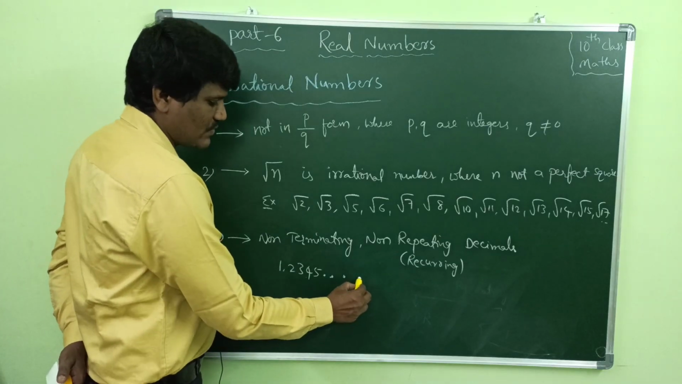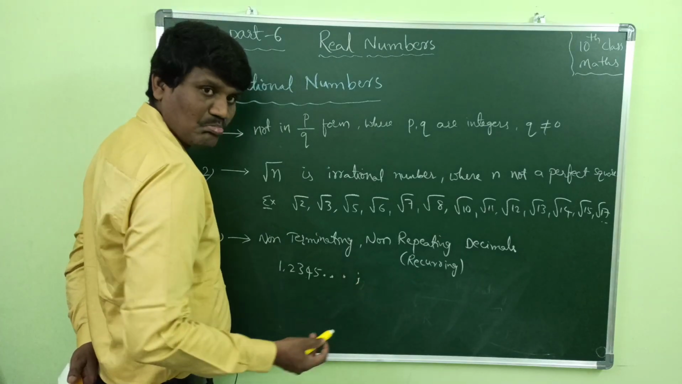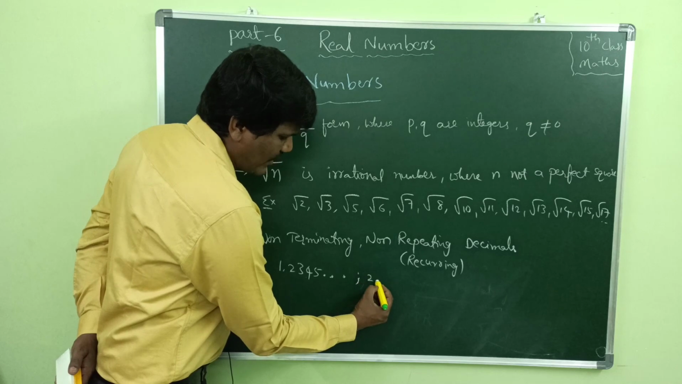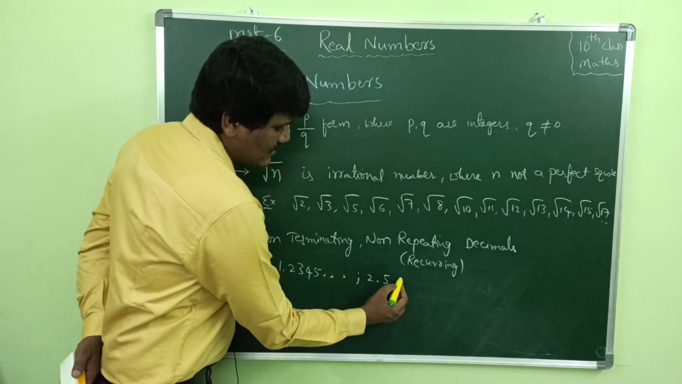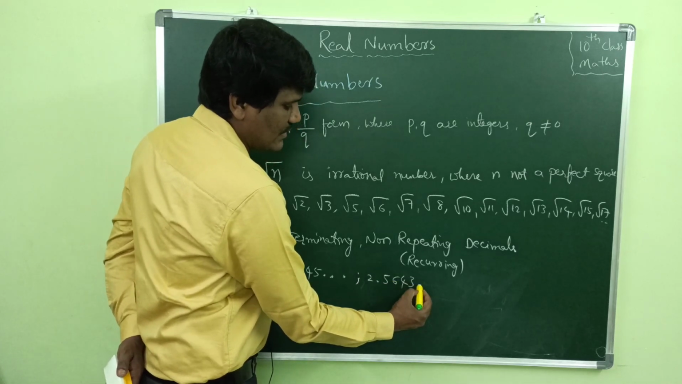So the next example, if I see, I can take something like 2.565643 ...